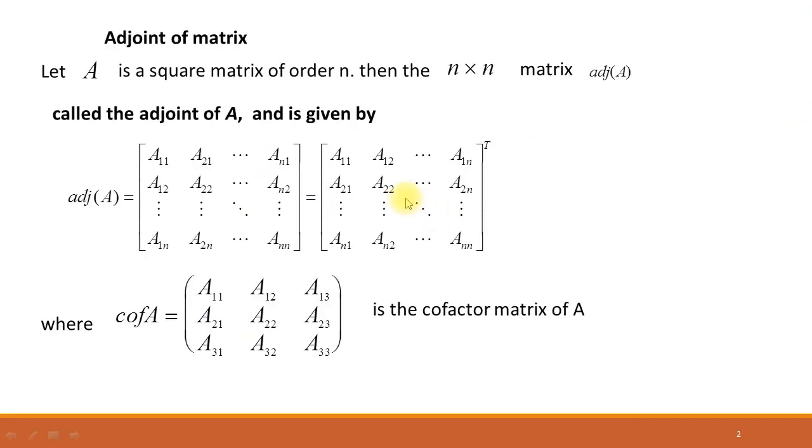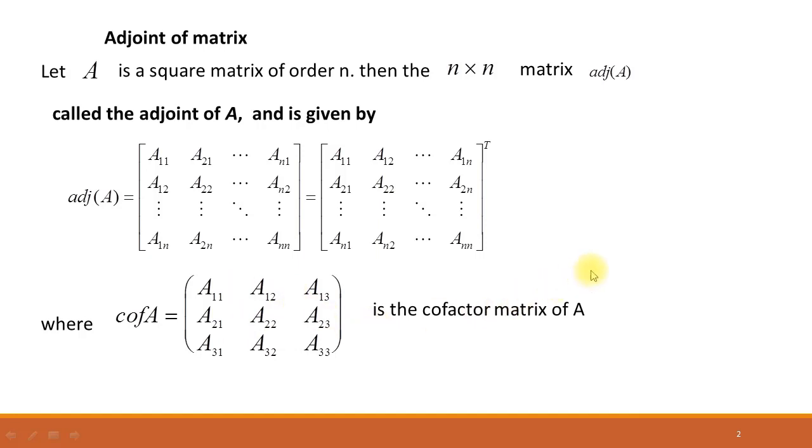Now, since in the previous lecture we have learned about the inverse of a matrix by the Cramer method, suppose if we have a square matrix A, then the inverse of the square matrix A by the Cramer method is given by 1 over the determinant of the matrix A times the adjoint of the matrix A. For that purpose we have discussed the adjoint of the matrix: if we have a square matrix A, first of all we find the cofactor matrix of A, and then taking the transpose of the cofactor matrix of A, we obtain the adjoint matrix of A.